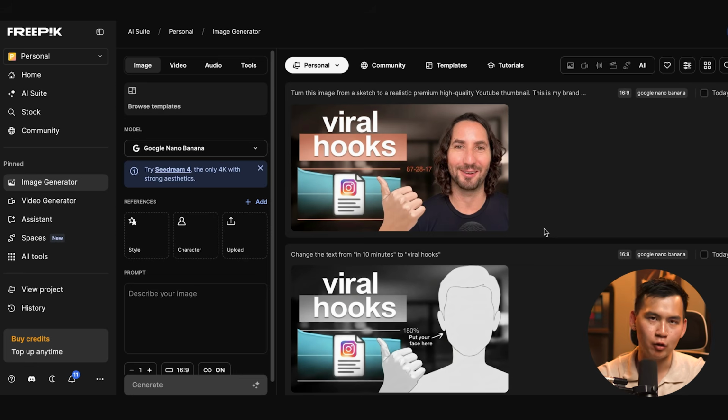In terms of how you want to think about using FreePic, or really any AI tool, to generate a thumbnail, you want to find, once again, a winning thumbnail format. Just like there are winning idea formats or title formats, you want to use that exact same thinking process when generating thumbnails. So you want to find a winning format, and then adapt it for your niche.